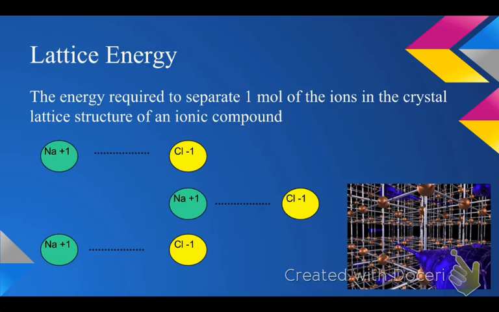As you can see, I have some green ions, some cations, sodium +1, and some yellow chlorine -1 anions. And we can see that those are attracted together. In fact, that dotted line right there is your ionic bond between those different ions. The thing that happens in an ionic compound, however, is that you have tons and tons of ions. So if you were to have, for example, one formula unit right here, one Na and one Cl, because that's how we would write it,